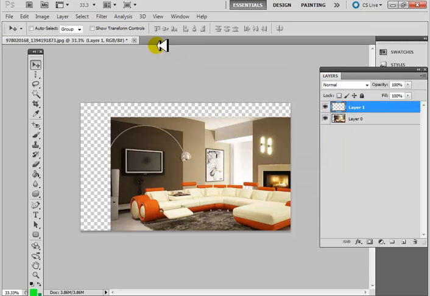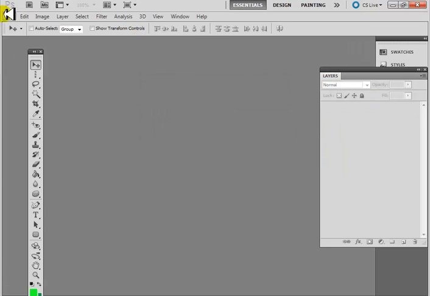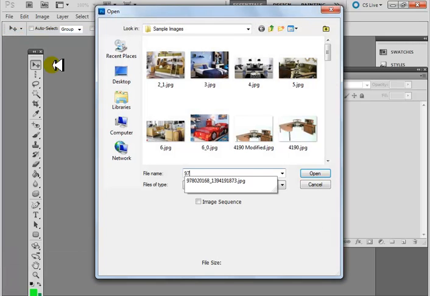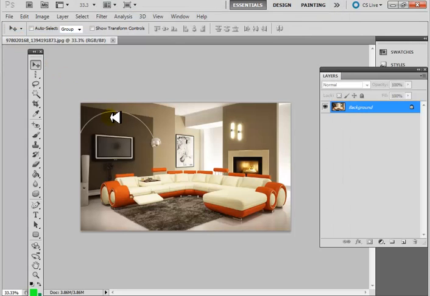Let me just close and start from the beginning. I have just opened an image. It was this JPG image, and it is naturally locked because I've imported it. If I want to make any selection, I can very well do the selection, but I cannot make any changes. To do any changes, I have to